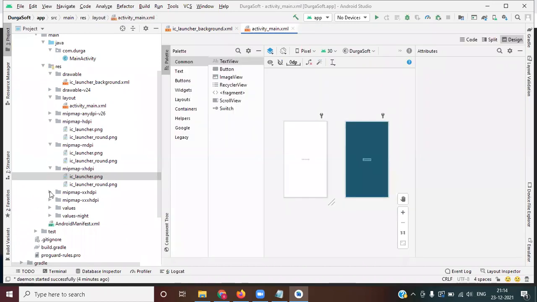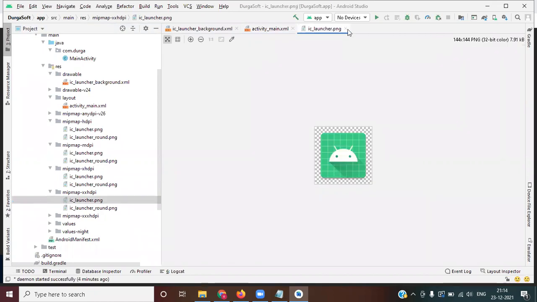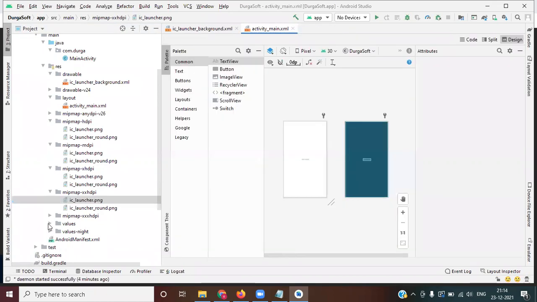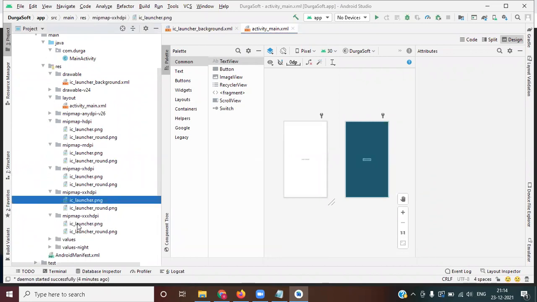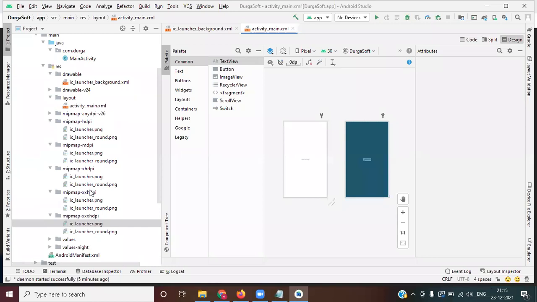Next double XHDPI, 144 by 144. Next triple XHDPI, which will be almost 192 by 192. So the same image, but we get it 5 times with different sizes.